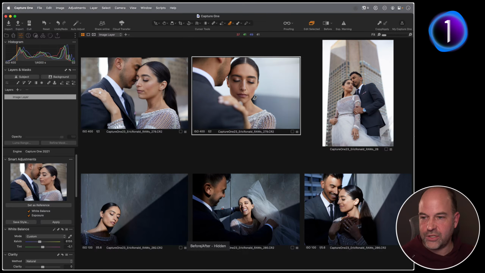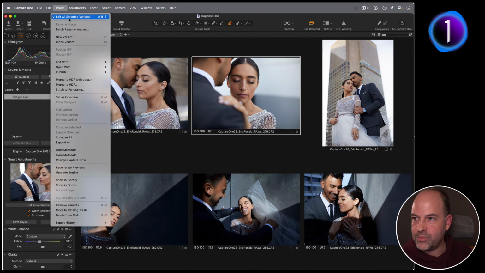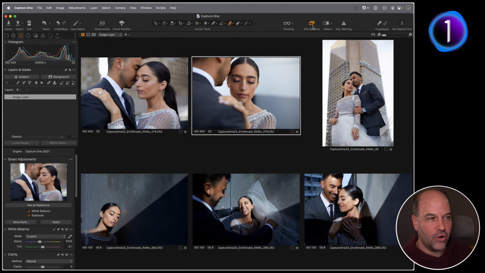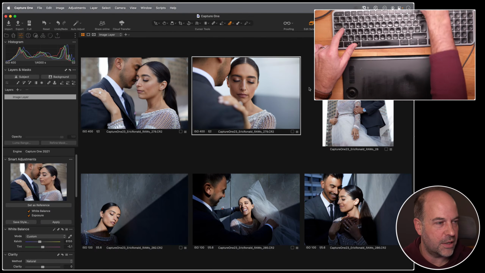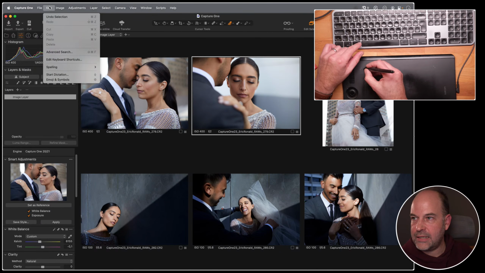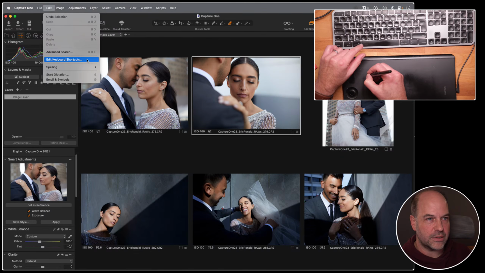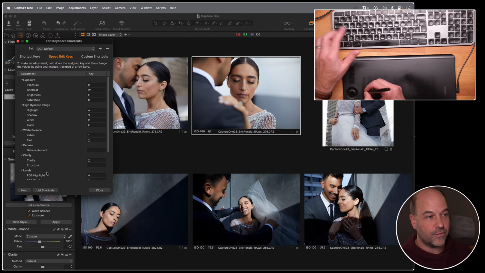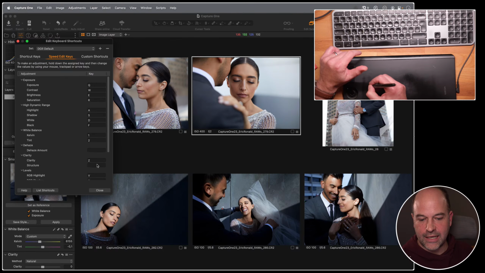So Jeff, now you want to do perhaps editing all of them at the same time, or you want to just do a quick tweak of one of them. And this is where this weird and wonderful option comes into play. Edit all selected variants. You can add it to your toolbar as well if you wish. So when it's on, the fast way, Jeff, if you want to edit everything, is to use something called speed edit. What speed edit does, if you find our keyboard shortcuts, speed edit keys, it binds some of the most common, useful, popular adjustments to a particular key on the keyboard.